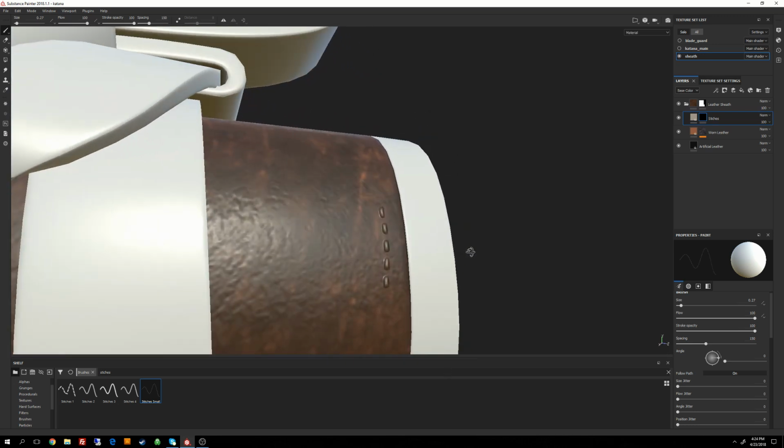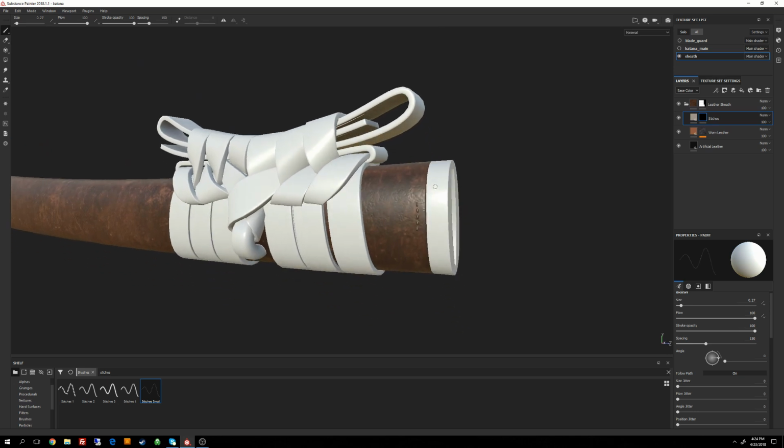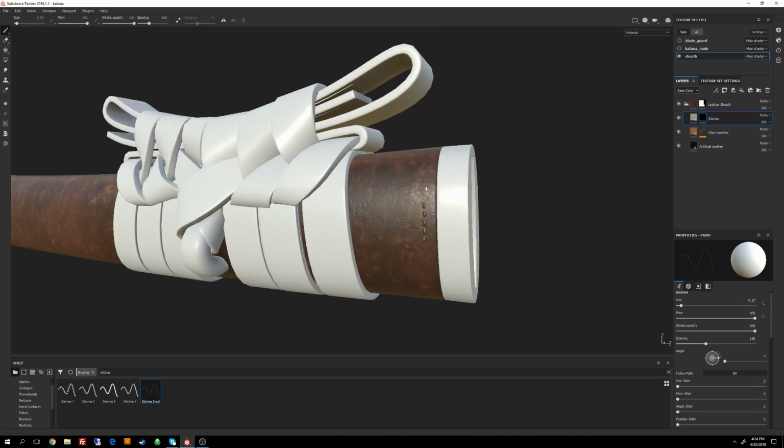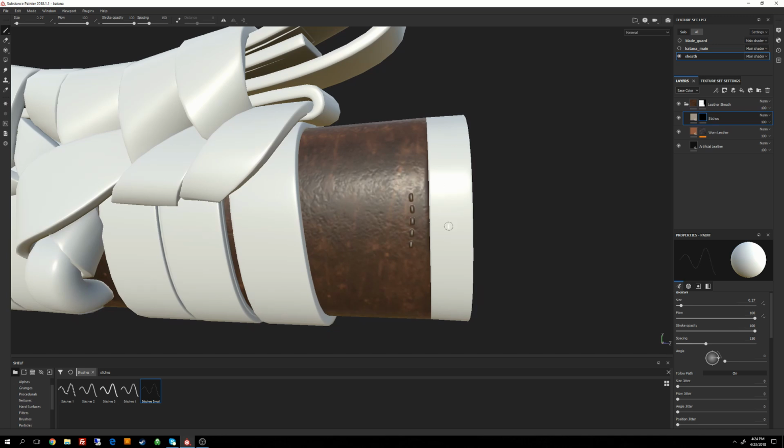Let's look at how that is projecting on there. It doesn't look too bad, and it's going to read a lot better from a distance. Also, keep in mind we're looking at this in 2K, so it's going to look a little low resolution. Now that we have our stitch size established, let's go ahead and